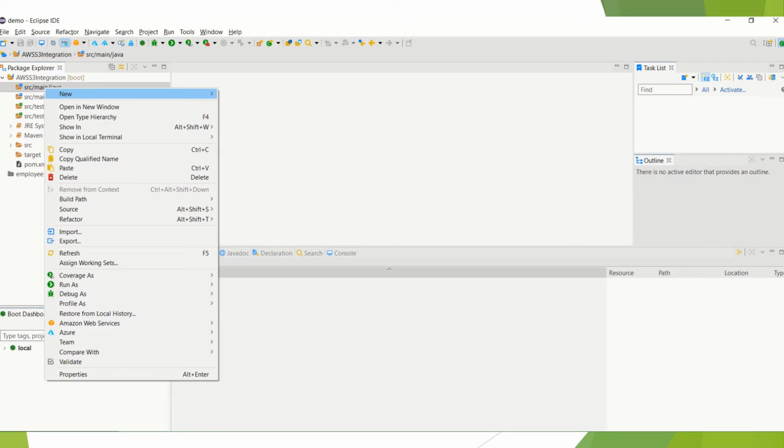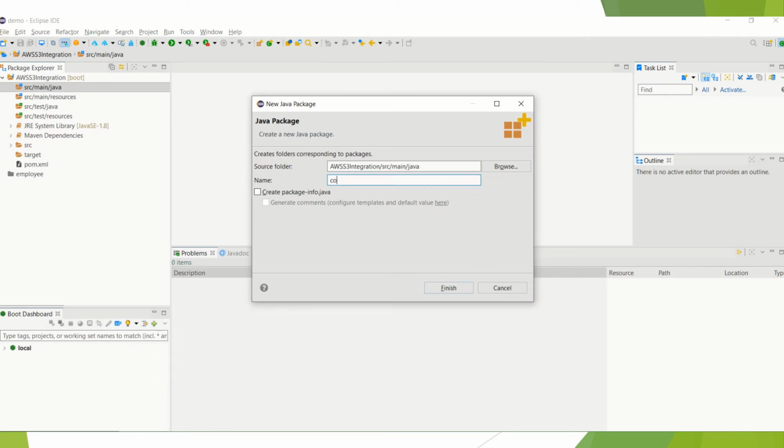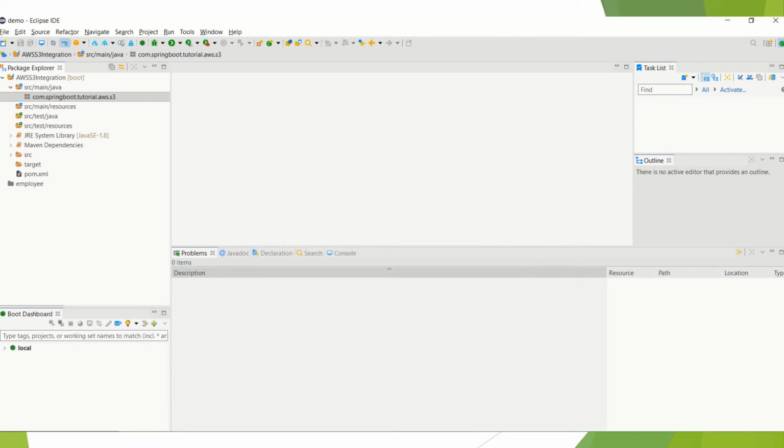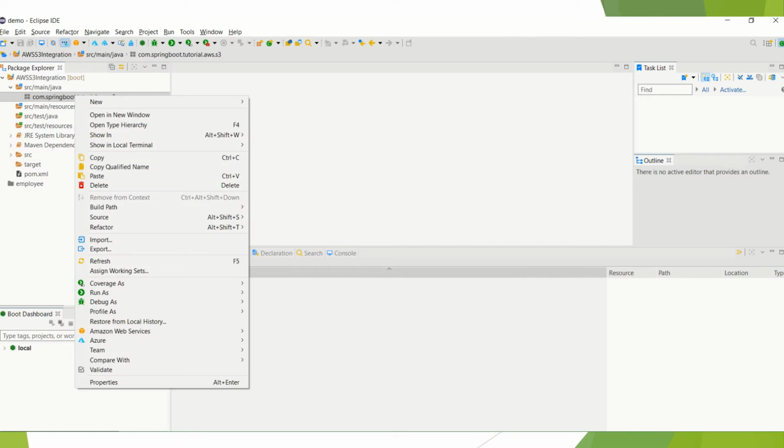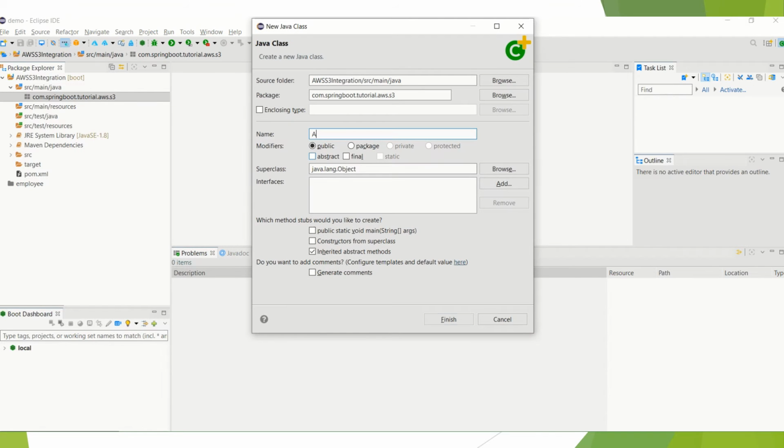So let's create the package com.springboot.tutorial.aws.s3. Yes. Now create the Spring Boot application class file, AWS S3 Spring Boot application.